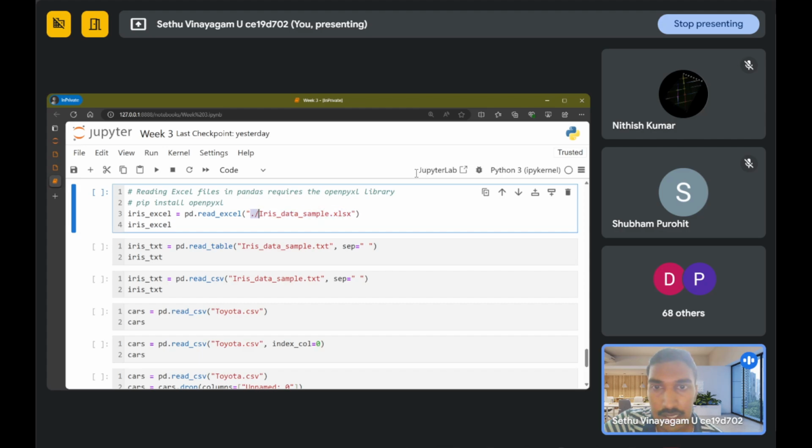So it is in the current directory, which is represented by the dot. Suppose it is in some other location, you give the full path to that location. For example, if it is in some other place, say C, users, user, documents, you give the absolute path to that particular file. Then you can read it even from other folders as well, right? But in my case, I can just do this because it is in the same folder. And if I do this,